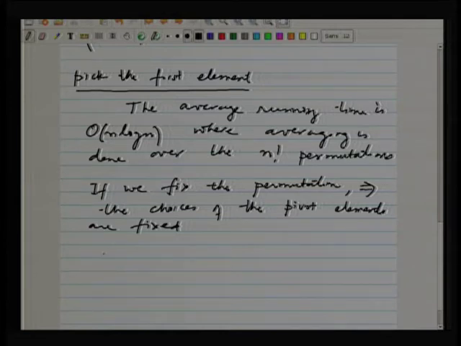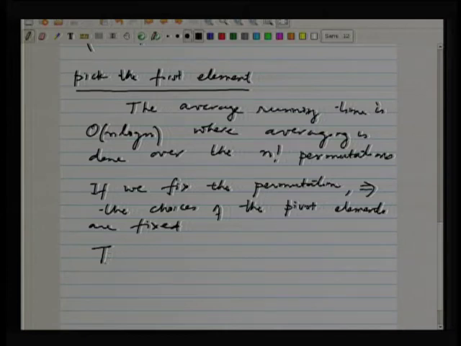So, we can actually claim that the running time of quicksort, given a permutation, let us call that pi,